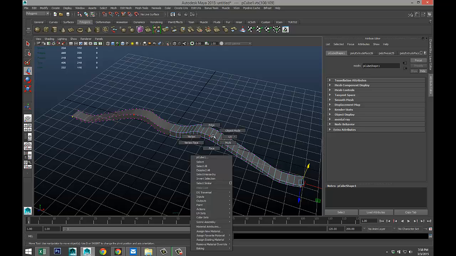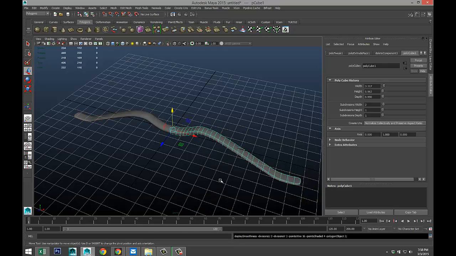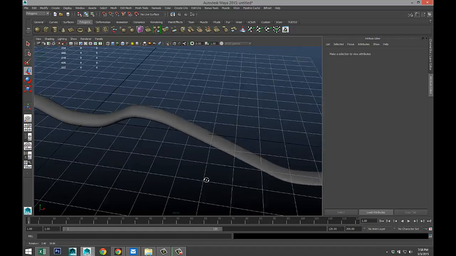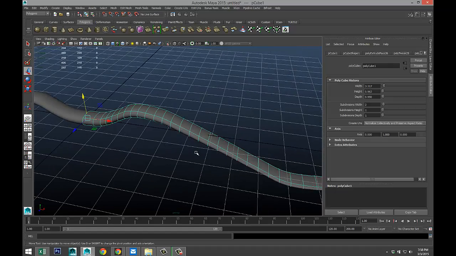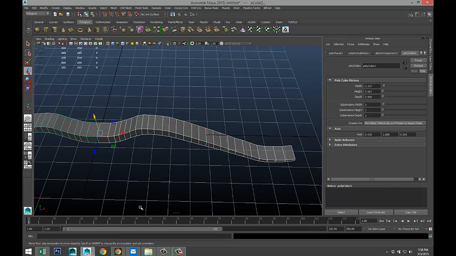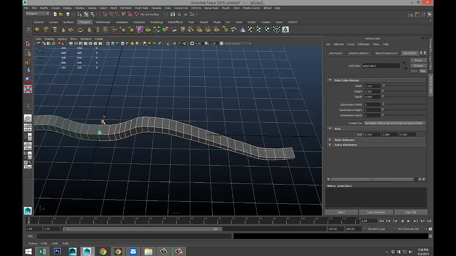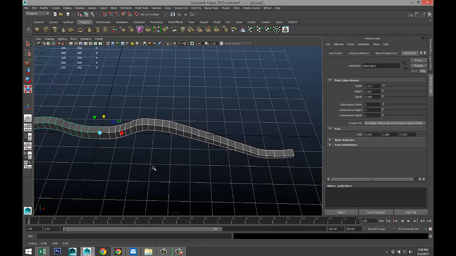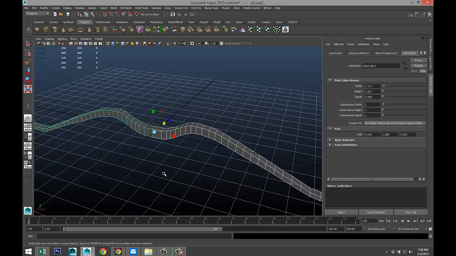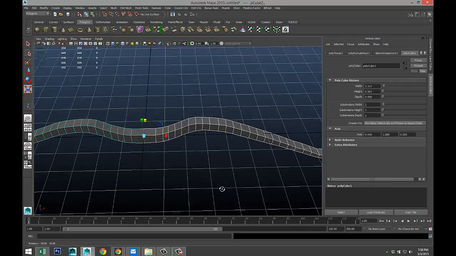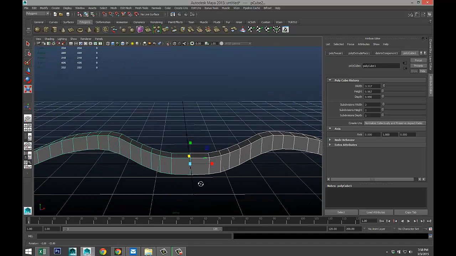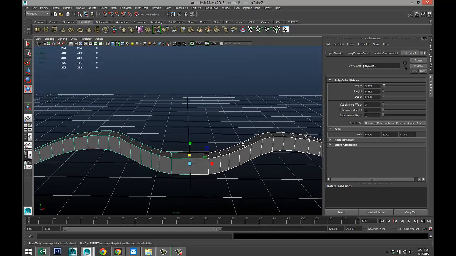I'm just going to right click, go to object mode, and hit 3 to see what that would look like. Not too bad. Select it again, hit 1. We're going to drag select the whole thing, hit R, and push it in to make it a bit narrower. We're going to add some edge loops, but before we do that, we're going to create a bridge. We'll do that with this face right here.